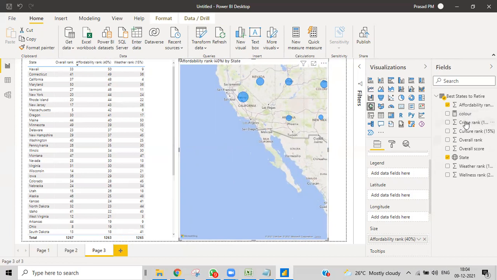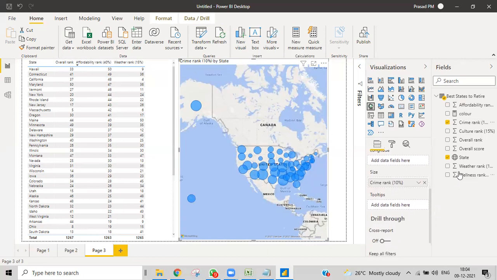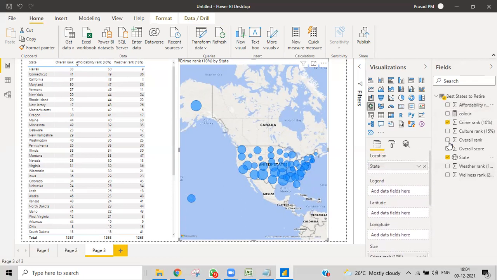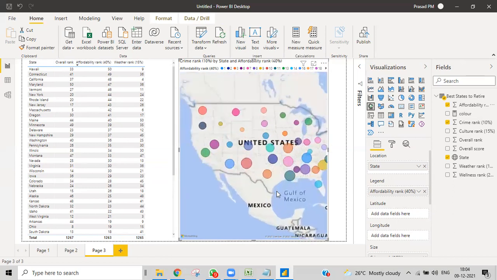So what I do is the crime rank also. It doesn't take two values. Yeah, only two ways. So what you can do is, you can see based upon it, it will give one as blue color, and then based upon that it will give colors also, so that you can understand what is what. But at this instance, I'm unable to do that. I'm not interested to do that one.